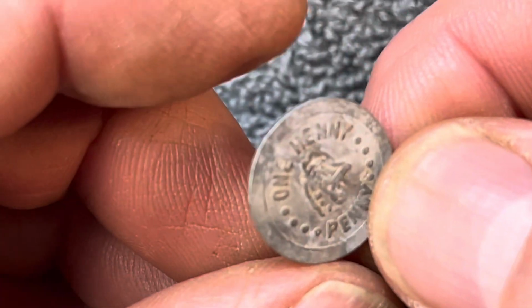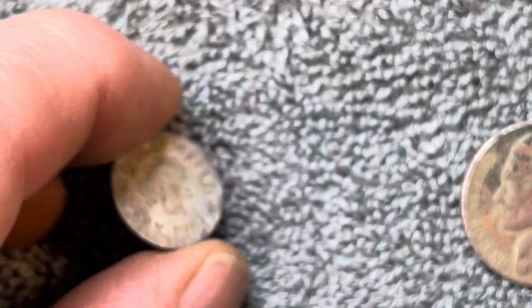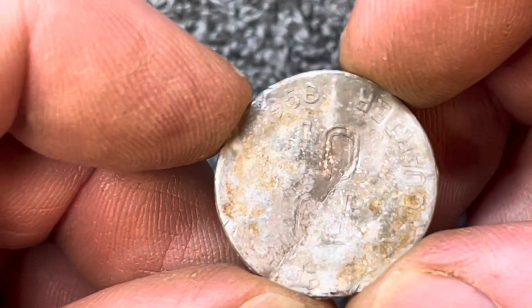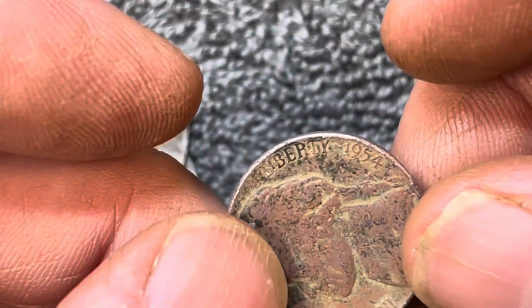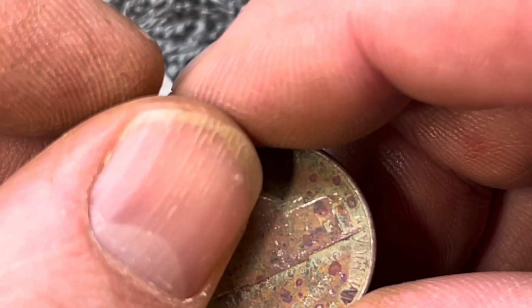Found a little play coin here, one penny. It's got the little rooster on it, little play money. That's what this is also, but this is the early one, 1958, and that's probably what this one is too, play money. We did get one nice old nickel there, 1954. Wasn't able to see in the field if it had a mint mark, and it sure does. It's a Denver. We got one Canadian,